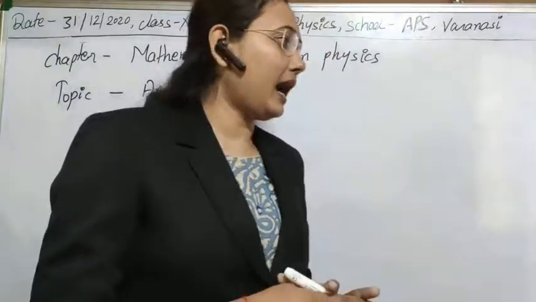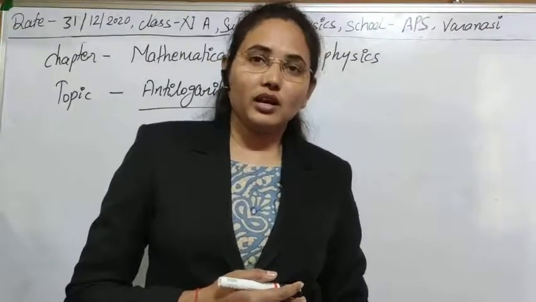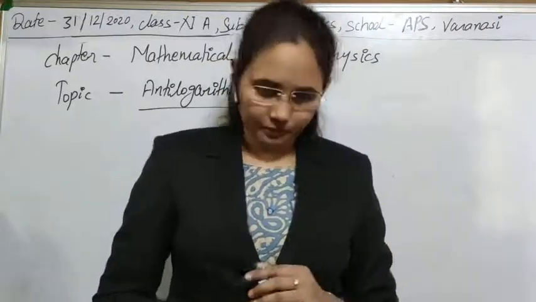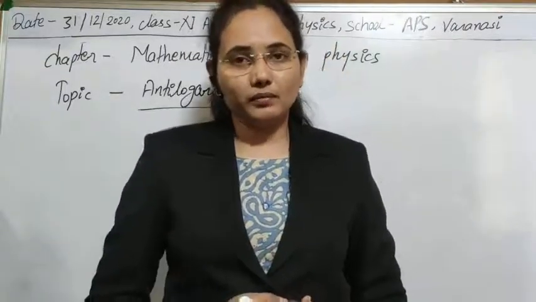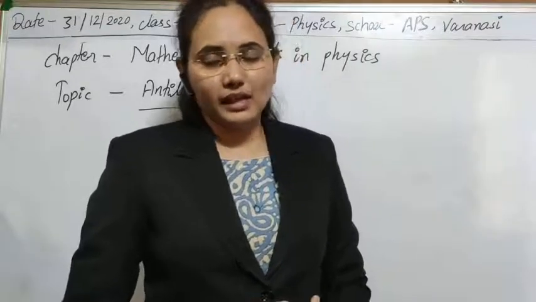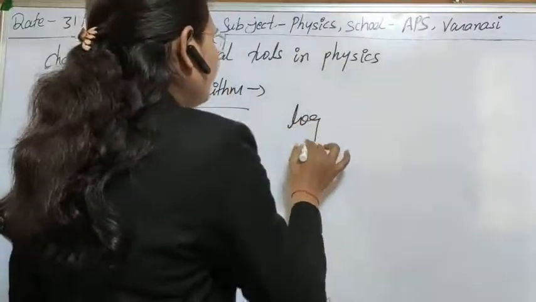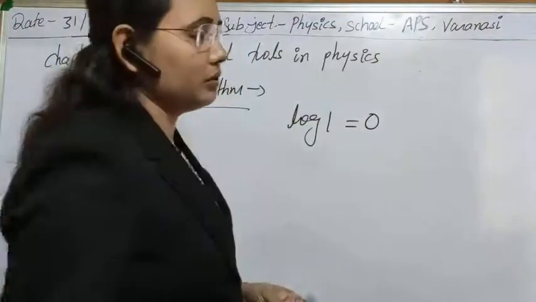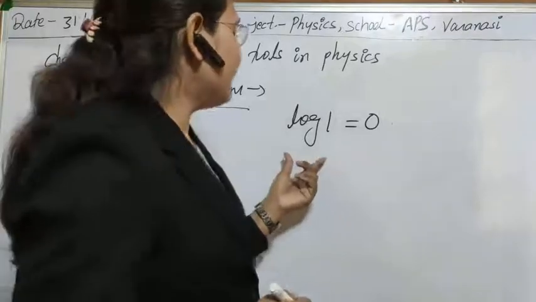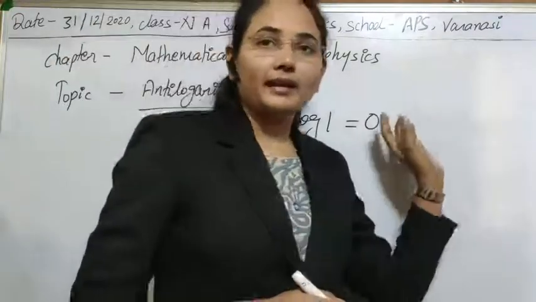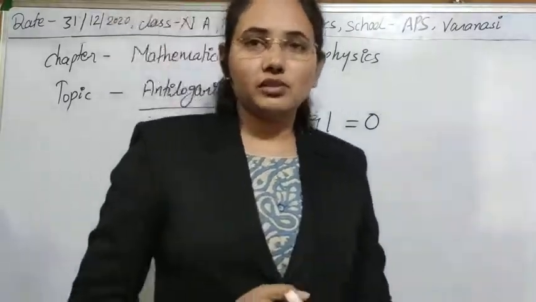Suppose we have been given the log of any quantity, then how can you take the anti-log of it? Or somewhere if you have applied log in a problem, then again you have to take the anti-log of that particular value. How can you understand this concept for the anti-log table? If you see, the value of log 1 is equal to 0. So if log 1 is equal to 0, it means the anti-log of 0 will be equal to 1. It is just the reverse process about which I am talking here.